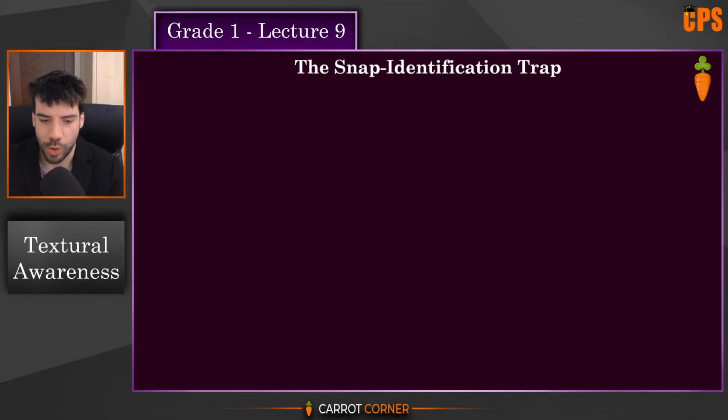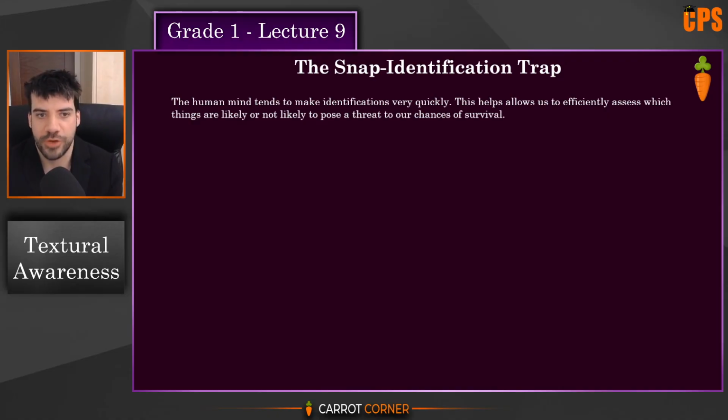I wouldn't be a Carrot Poker School lecture without a bunch of fallacies and traps to avoid, so let's start with the snap identification trap. The human mind has evolved in a certain way to make it more likely to reproduce its genetics, to pass those on and effectively survive and stand the test of time. If you believe in natural selection, which most people I think do, then you would be quite willing to admit that we are this way for a reason, but you may also have noticed that in poker that's not always